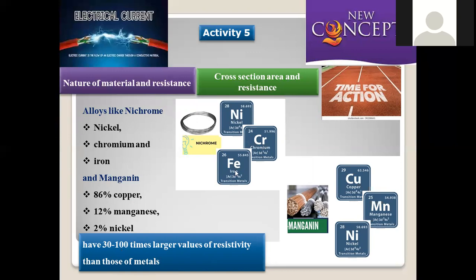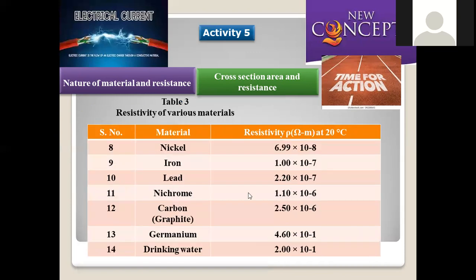Nickel is a good conductor, chromium is a good conductor, even iron is a good conductor of electricity. But when we combine these metals in a proper composition, what happens? Interestingly, their resistance is raised 100 times. So even though individual metals are good conductors, by combining these metals into alloy form, their conductivity values get shifted to a greater deviation. That's the reason they have distinct applications, which we will discuss in detail after the completion of this table, right?